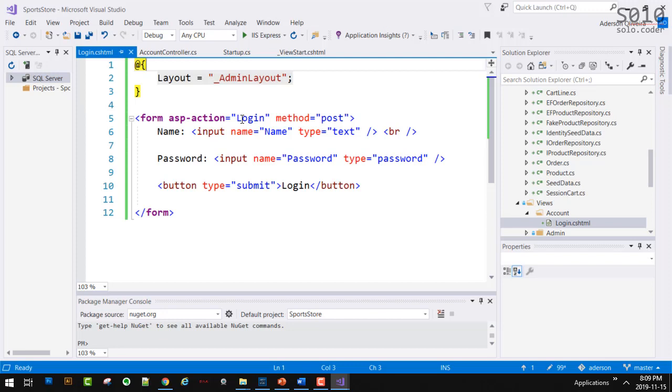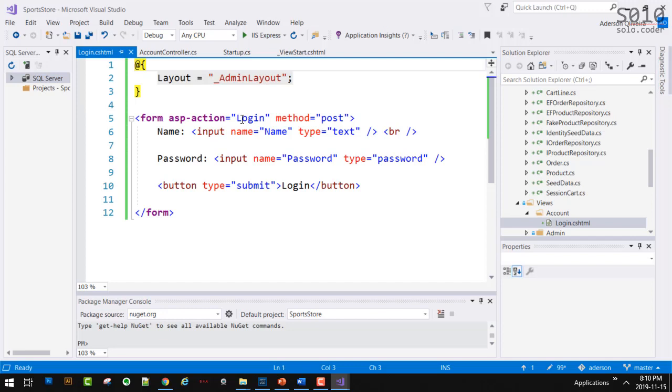But what if we could create a model that has a name and password? By the way, when I say model, you can think of a class. Model is the same as a class, okay? So how about we create a class that we can use to send and receive data between the views and the controllers.